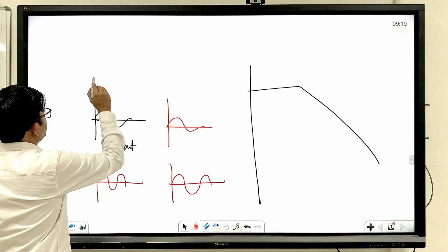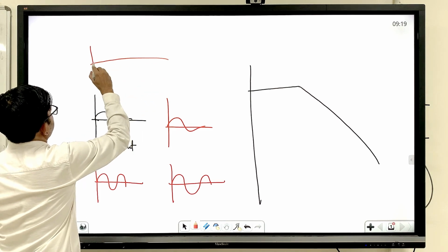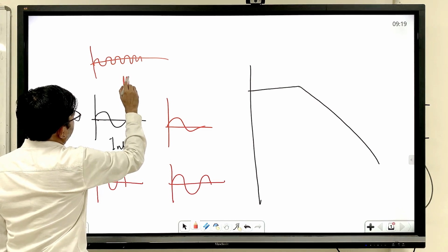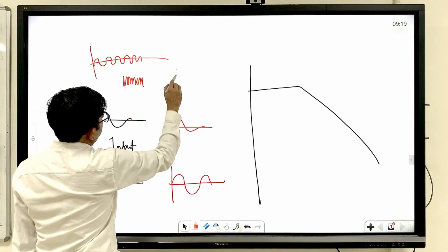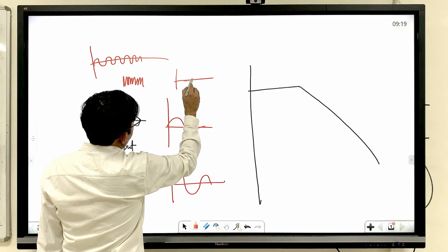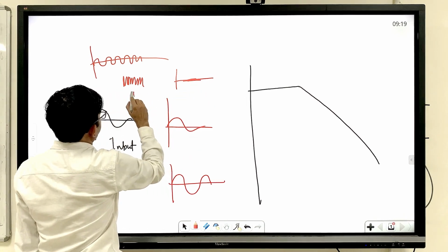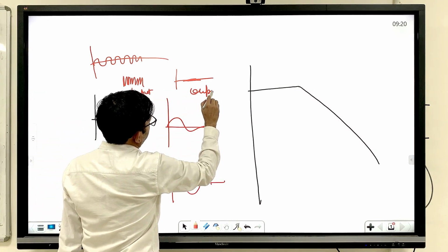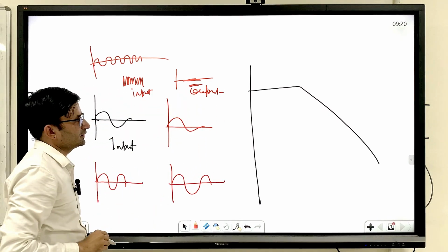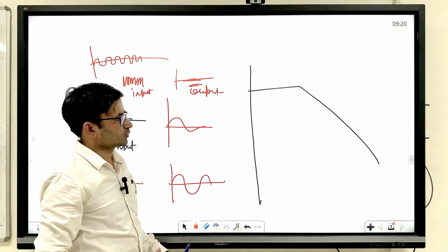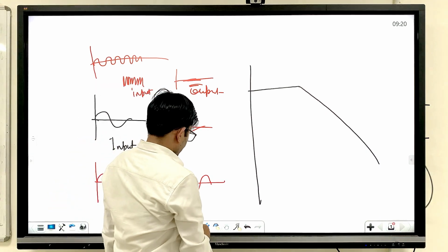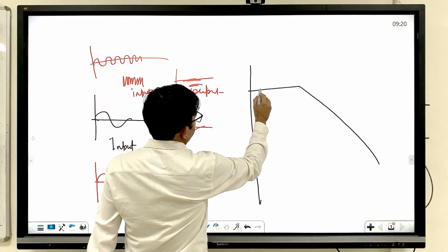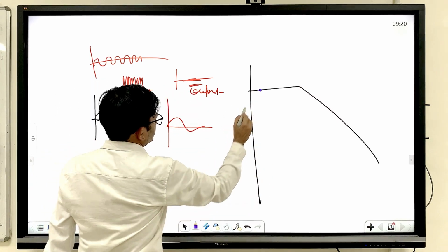But when you increase the frequency more and more, then you will see no response in the output. So this is the input and this is the output. You will not see any response in the output. So that means